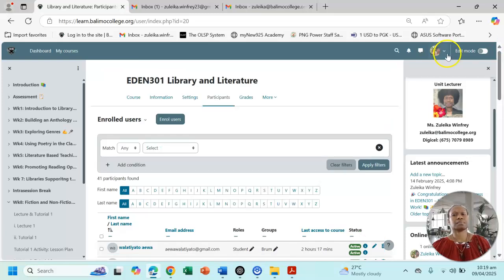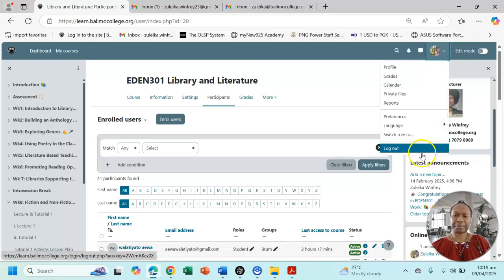How do you log out? So once you're done on Moodle and you'd like to log out, just click again on your profile from here and log